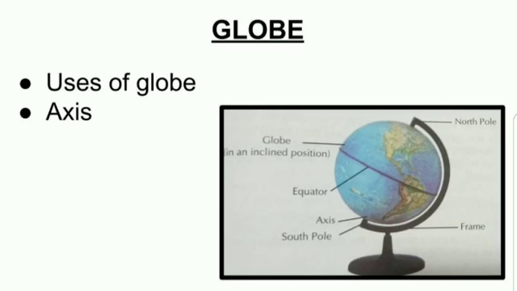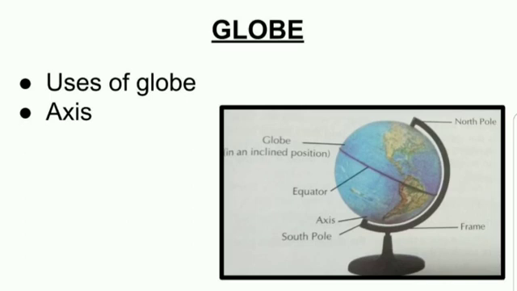All the meridians, means all the vertical lines, all the longitudes meet at one point, which is called as what? North pole in the north, and also in the south, all these lines meet at one point which is called as South Pole in the south. So for both North Pole and South Pole, the measurement is 90 degrees. So each latitude is given a degree. North Pole is 90 degrees north and South Pole is 90 degrees south.